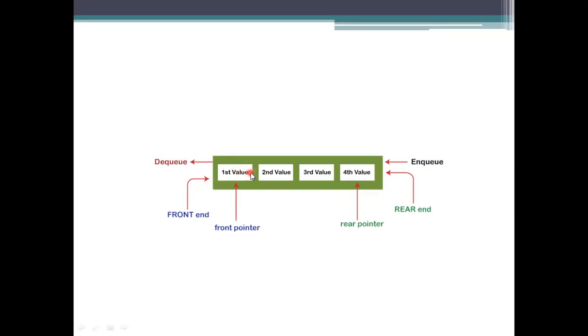When a second value is inserted, the rear pointer moves to the next position because that is the end. Like that, it represents all the values. After all the values are presented, it will be decided whether any value is to be inserted or not.